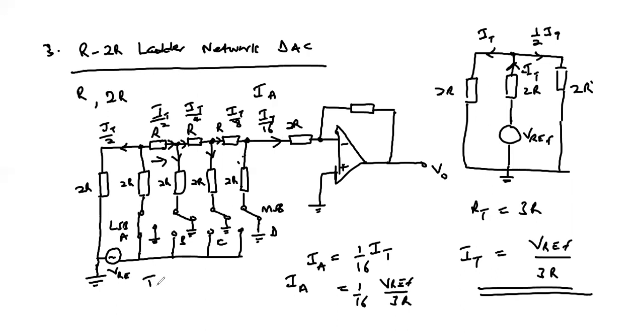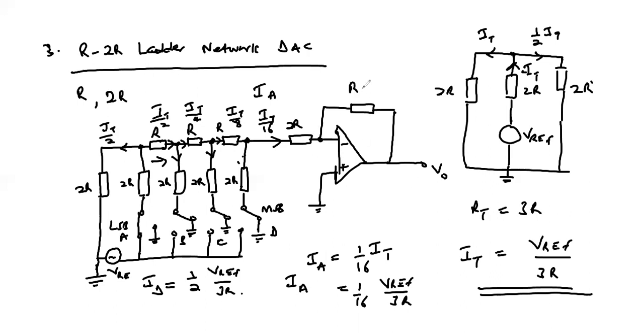Therefore, the current contribution due to bit D is going to be a half of Vref divided by 3R. Following the same analysis, the current contributions due to bits C and B will be a quarter and an eighth of the total current respectively,